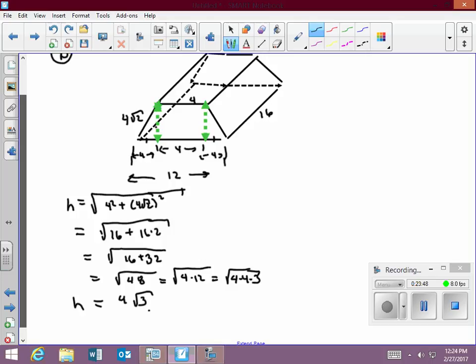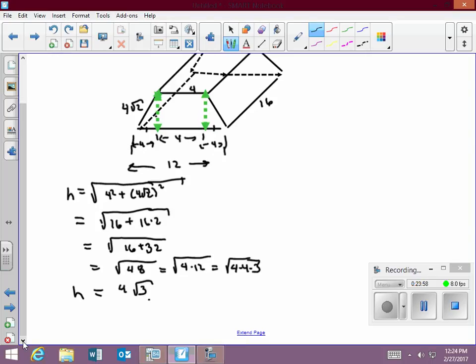That's what that height is. So it's going to be 2 times the area of those trapezoids, and then the perimeter times 16. So the surface area: 2, area of trapezoid is 1/2, base 1 plus base 2, so it's 12 plus 4 times the height, and that height is 4 square root of 3